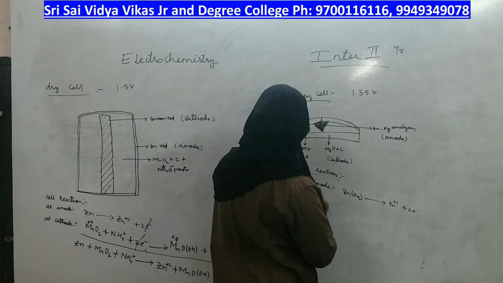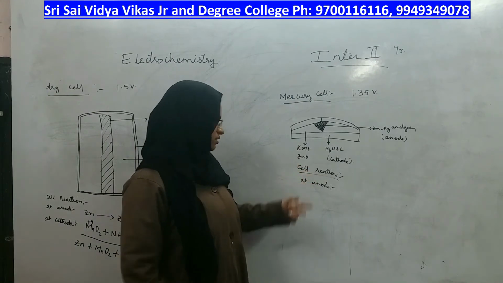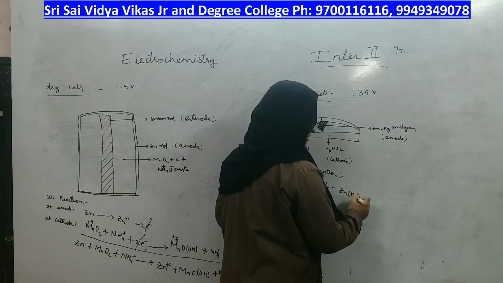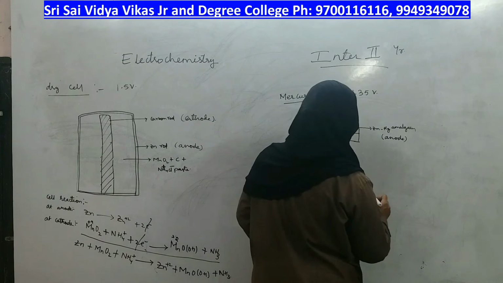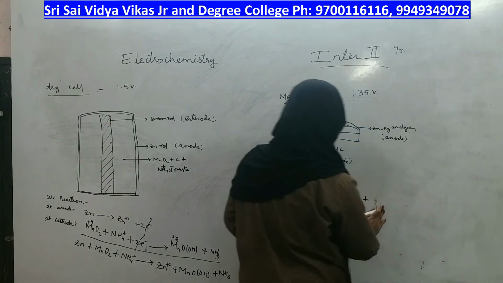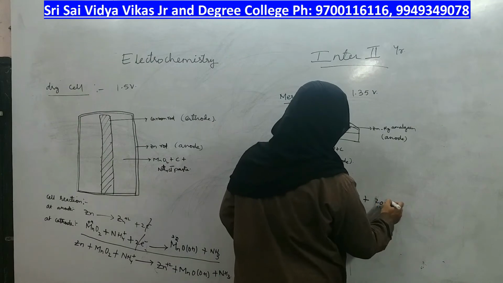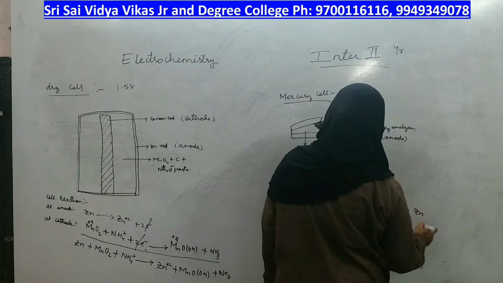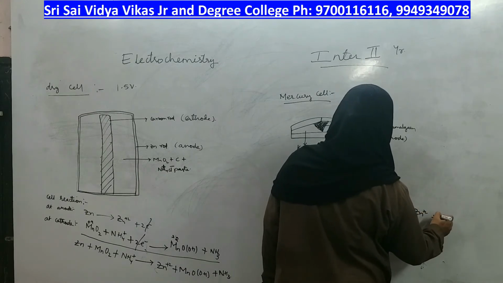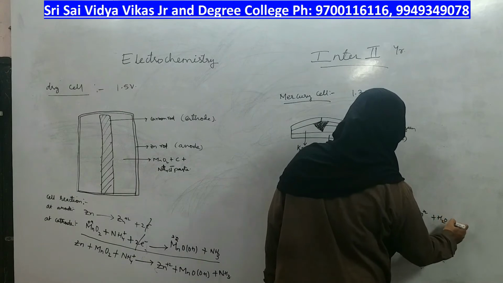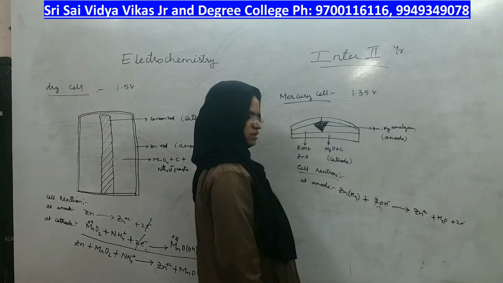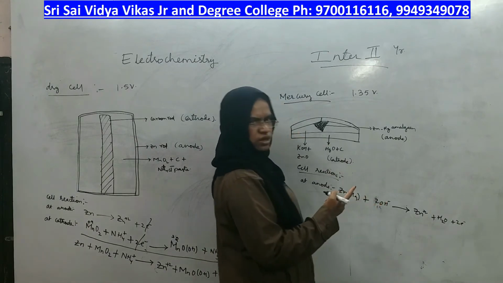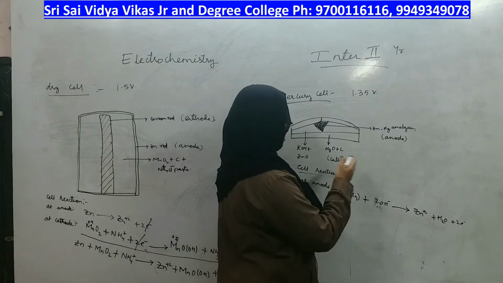And at cathode, let us see the cell reactions. The first heading is at anode. Who is the anode? Zinc mercury amalgam. From that zinc mercury amalgam, it uses OH minus ions from the electrolyte and undergoes oxidation to give Zn plus 2 plus H2O plus 2 electrons. Those 2 electrons are lost by Zn or not? Yes. Those same 2 electrons will be gained by the cathode.